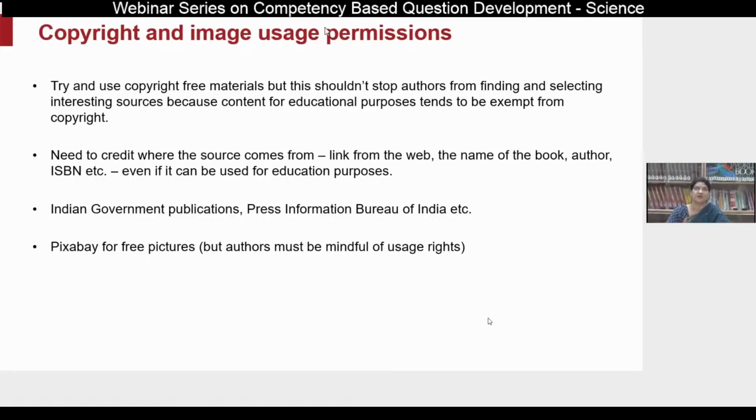It should be copyright free. Usually for educational purposes, people permit the use of their material. However, we necessarily need to quote the source. For some simple visuals, very often we can recreate those visuals also.